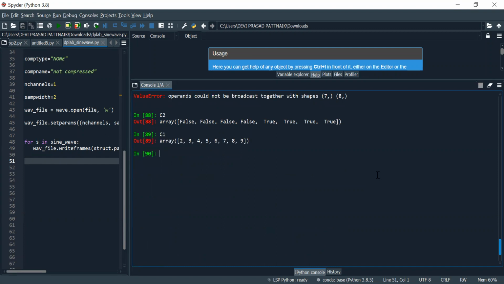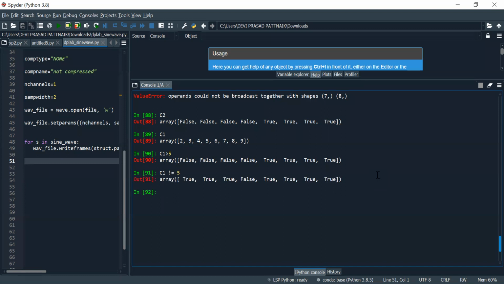C1 happened to be this array. We compared C1 greater than 5, with all elements of C1 compared with the value 5, and we got some values false and some true. And if I write another logical condition, let's suppose C1 is not equal to 5, it returns an array.